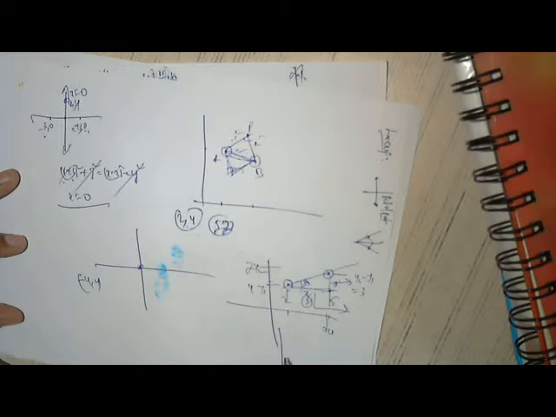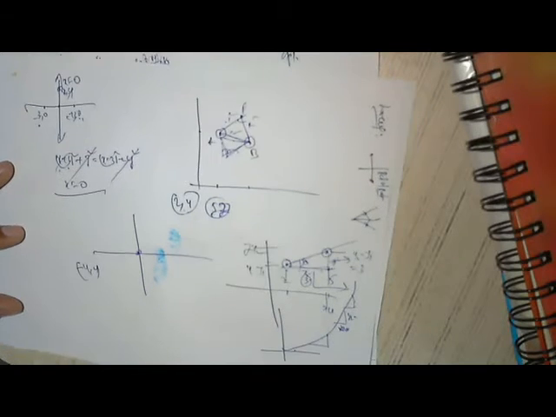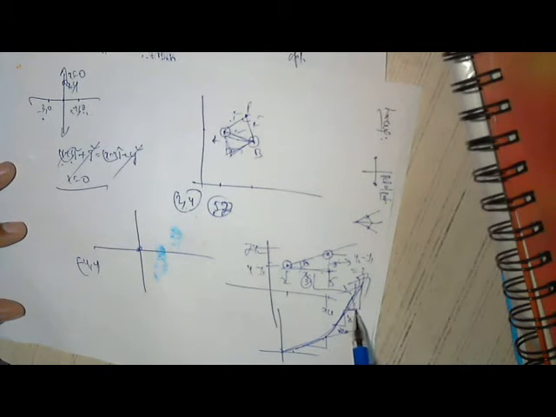So if it is a curve, let us say a parabola, here the slope is different and here the slope is different, because y2 minus y1 by x2 minus x1 is not constant. It is rising, so the slope is increasing. If it is a straight line, the slope is constant. Here more y is increasing for the same x, here less y is increasing for the same x. Slope is less, slope is more, but for the straight line it is constant.